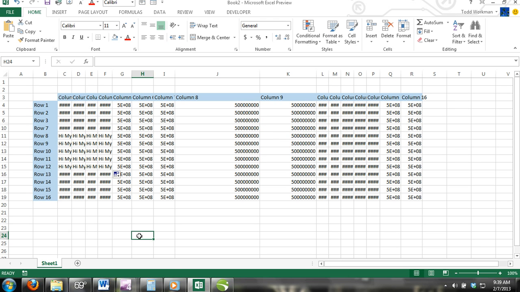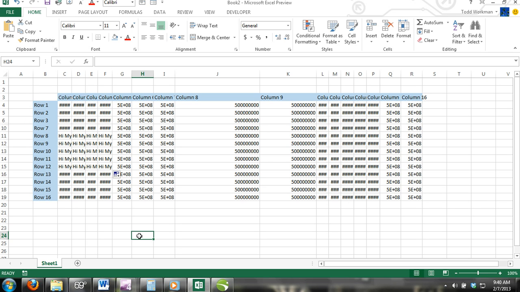In this tutorial, we're going to show you how to resize column width and row height. The default row height or column width might not be the size you want. However, as you probably already know, you can resize the rows and columns, and there are several ways to perform